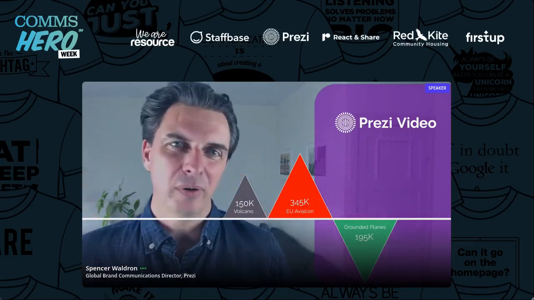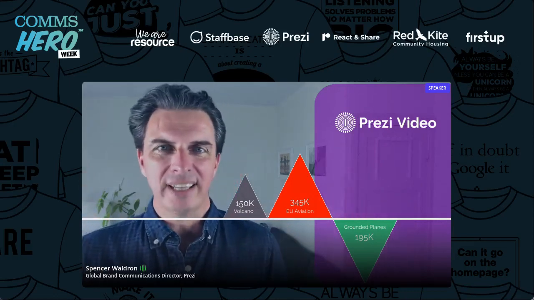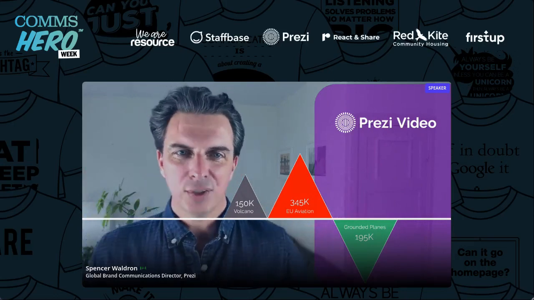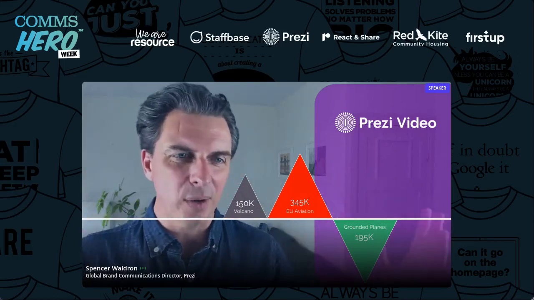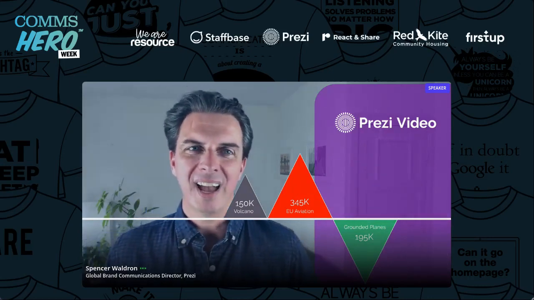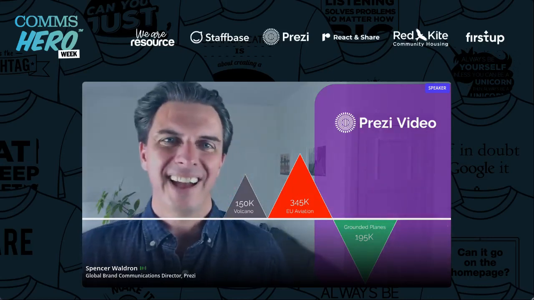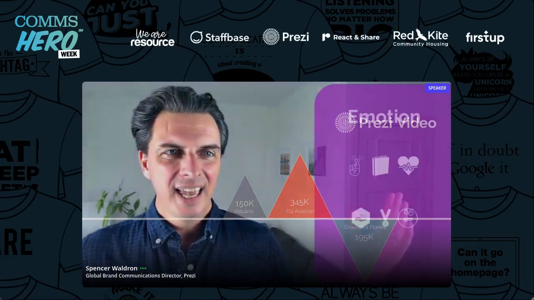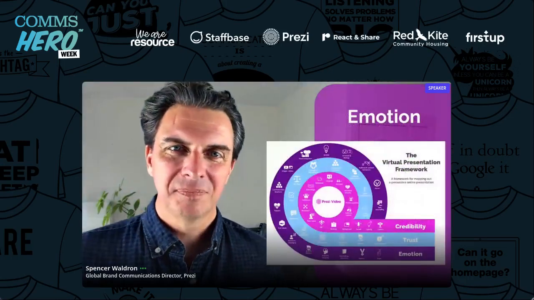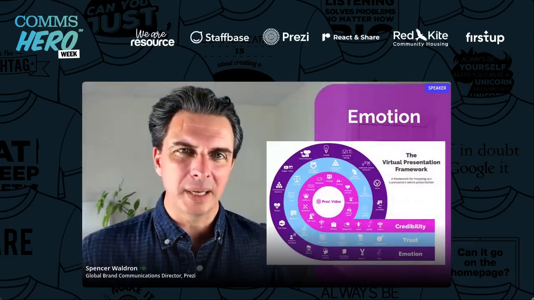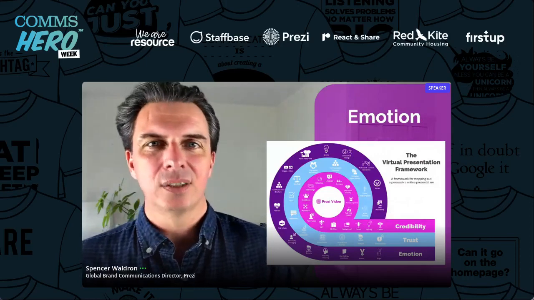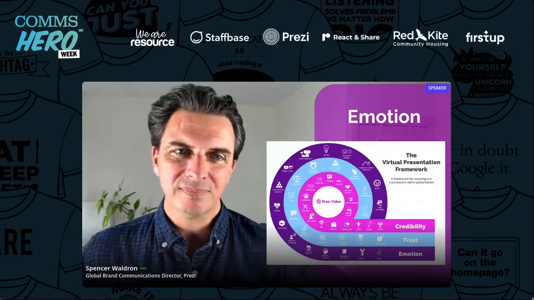I love this story because it demonstrates having multiple data points to show the real story. It shows signposting. It shows how you can do data storytelling and bring it all to life in a virtual setting using something like Prezi Video. So that's data. Many, many things that we can talk about it, but the idea is those three things: right data, reveal the meaning, show the actionable insights.